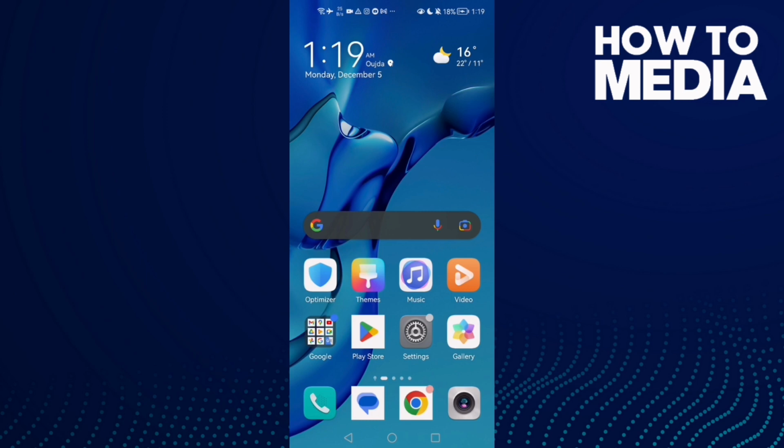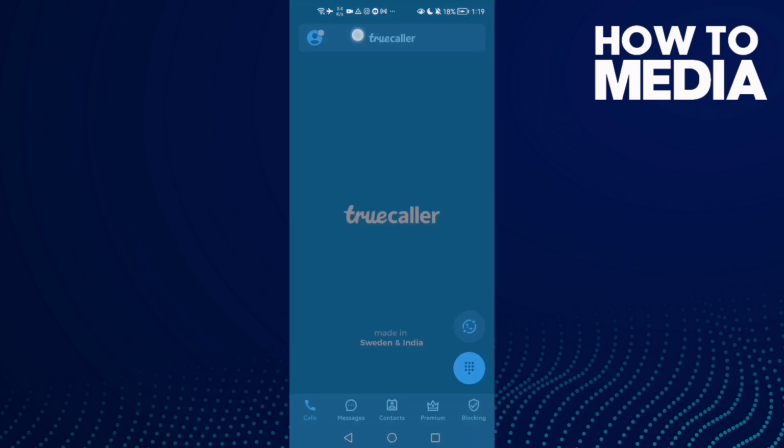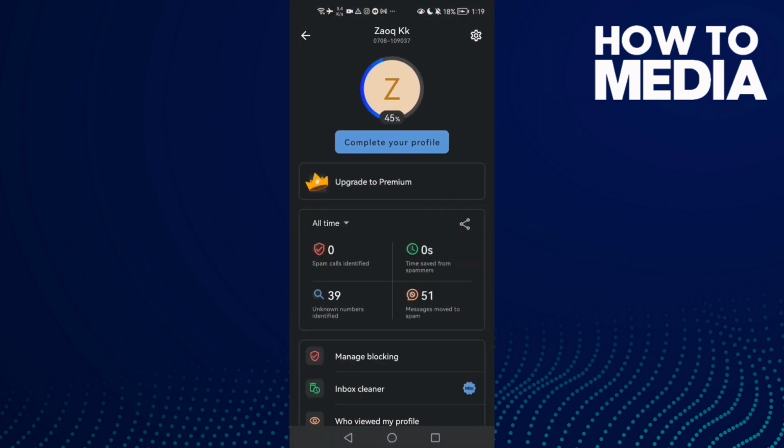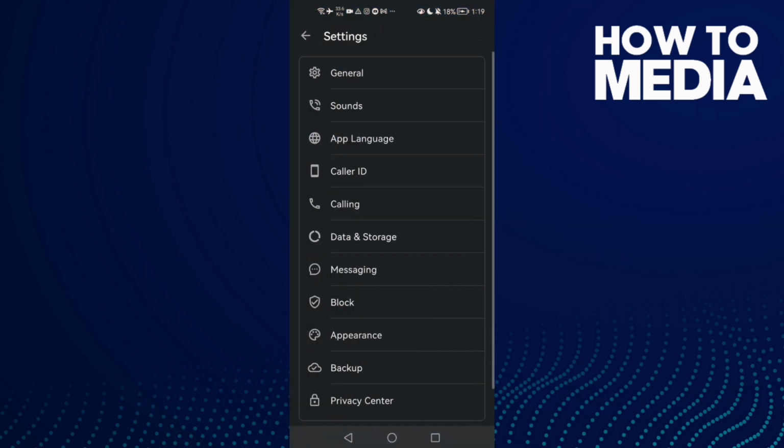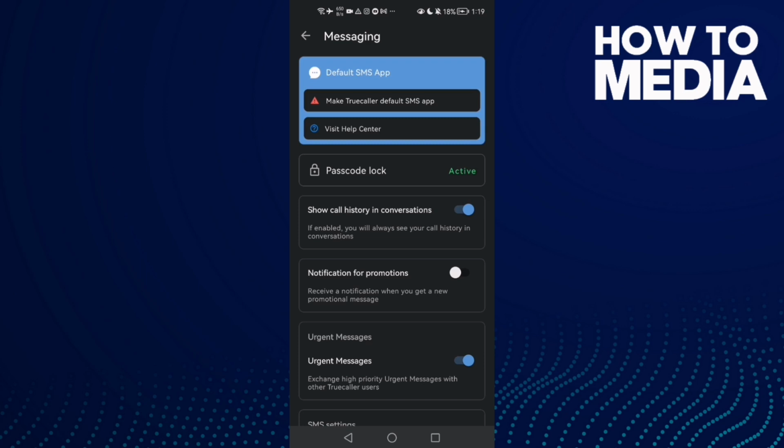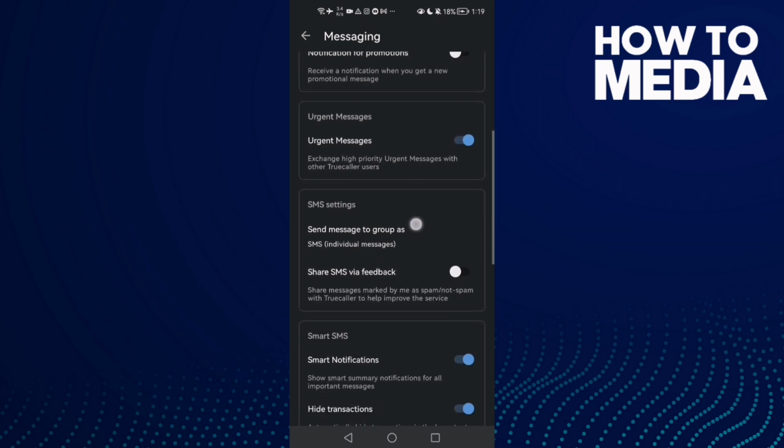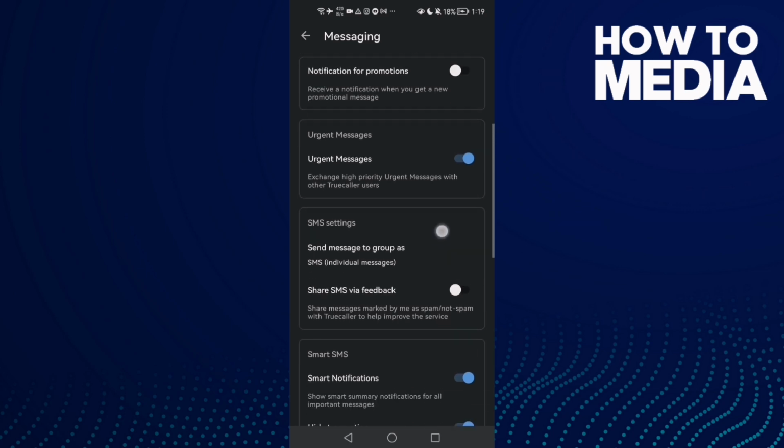First open Truecaller and then click on your profile, and here we'll find settings. Click on it. Now click messaging and then scroll down until you find here SMS settings, and here all you need to do just you